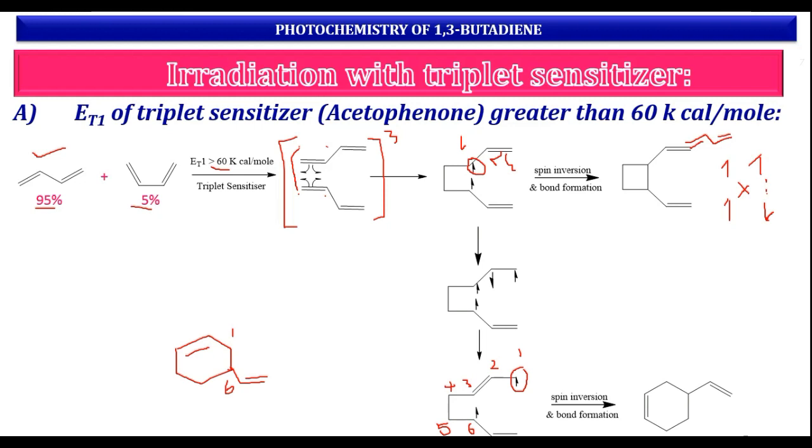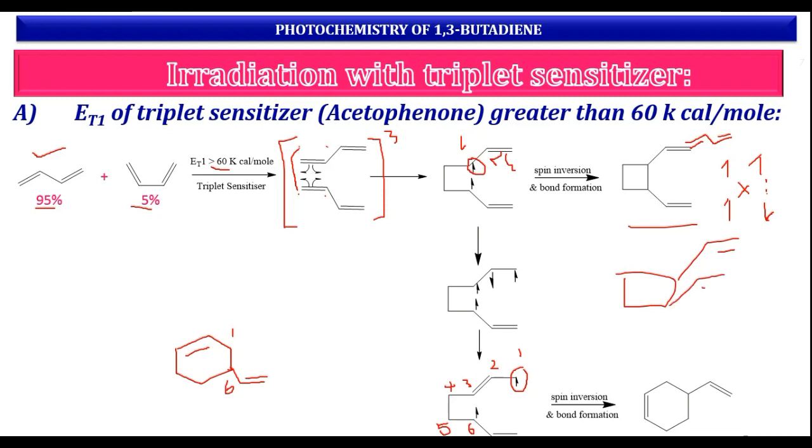So friends, this product is formed in only 4%. Why? You can observe that the two electrons are very far away from each other, so they cannot make a bond very easily. That's why this product is obtained in very small quantity, only 4%. Now another product, besides the one already obtained, is a cis isomer of the cyclobutane derivative.